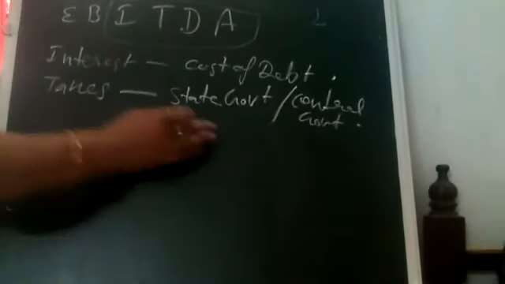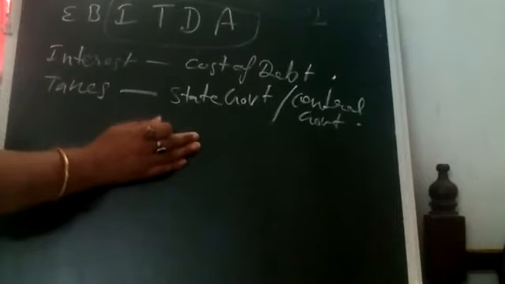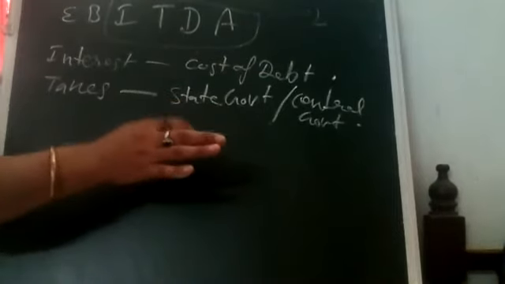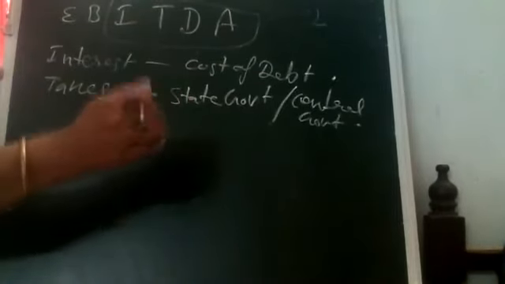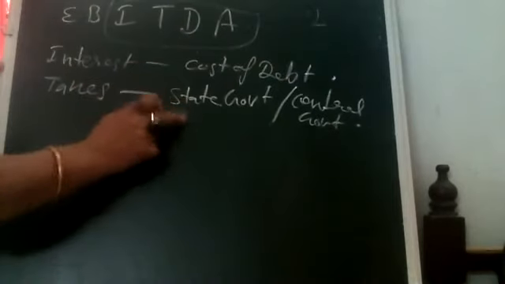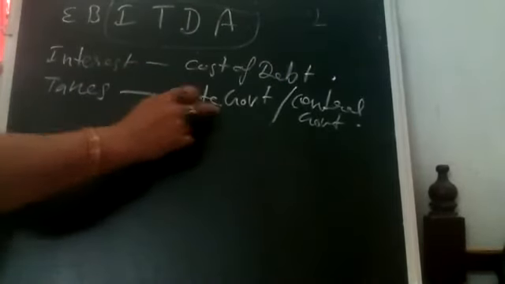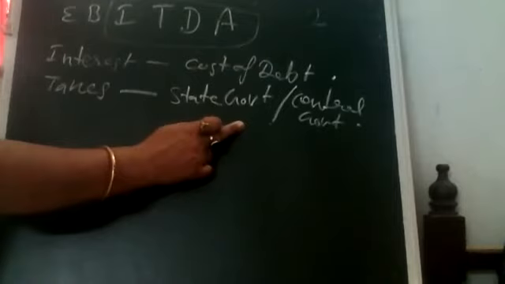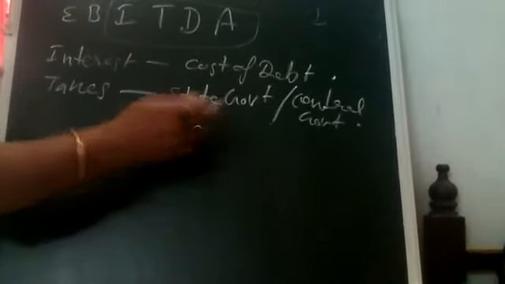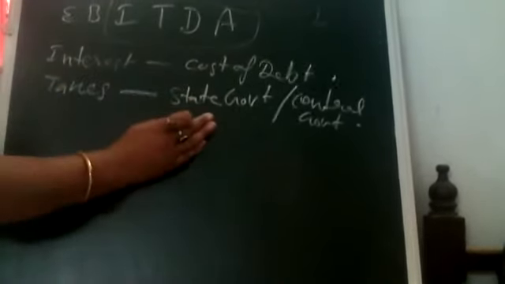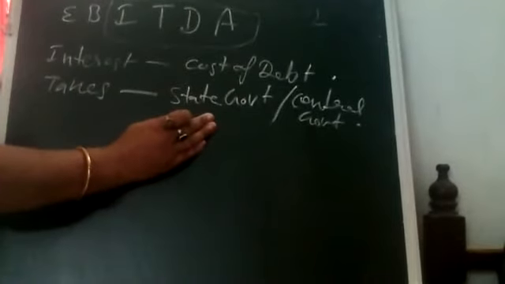What is the use of these taxes? Actually, whatever taxes are charged, these taxes are not charged on our expenses. These are charged on our profits, on our incomes. One thing. Second thing is, part of profit is taken by government as a tax, and it will be returned back to us. In which form will it be returned back to us?